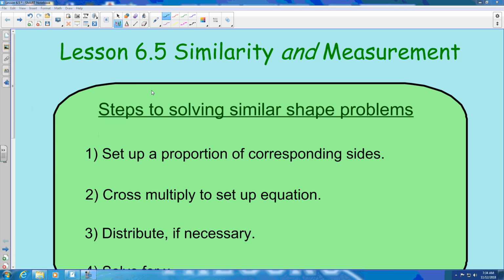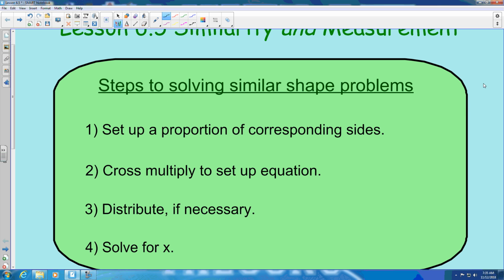All right, we are in section 6.5, where we are going to look at similarity and measurement. So we talked a little bit about similar figures in 6.4, and the main objective that we